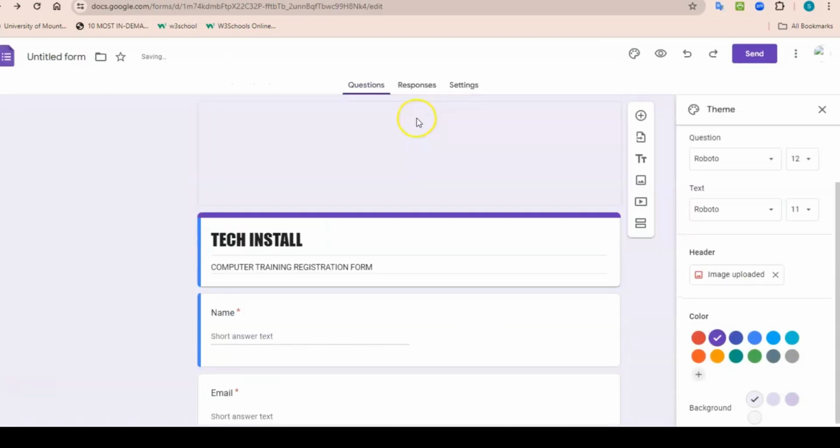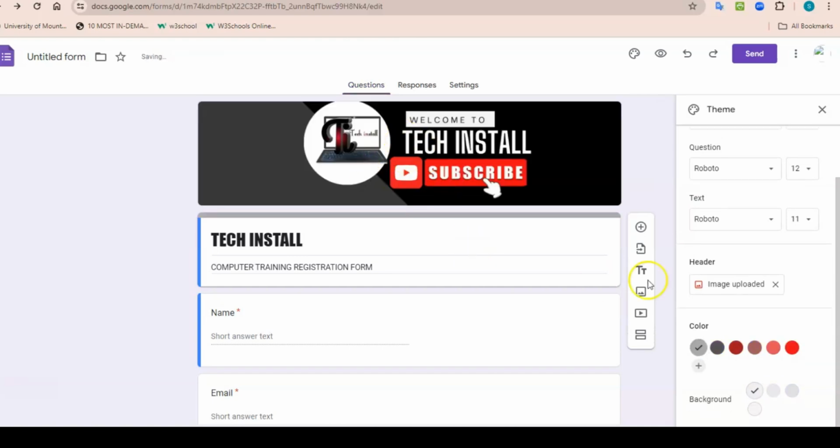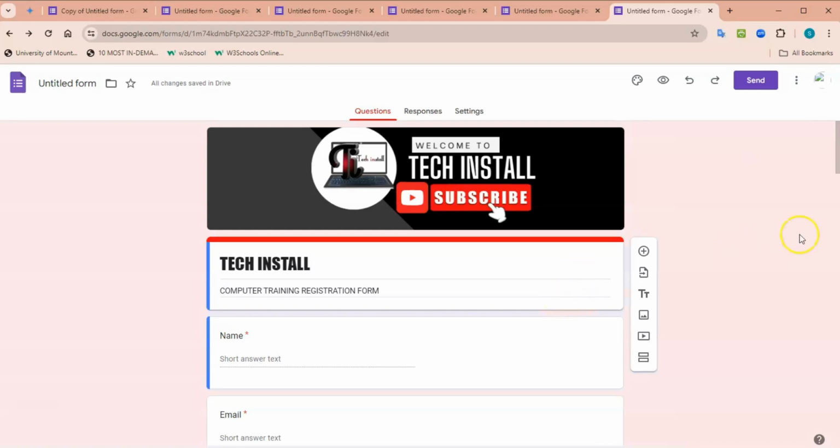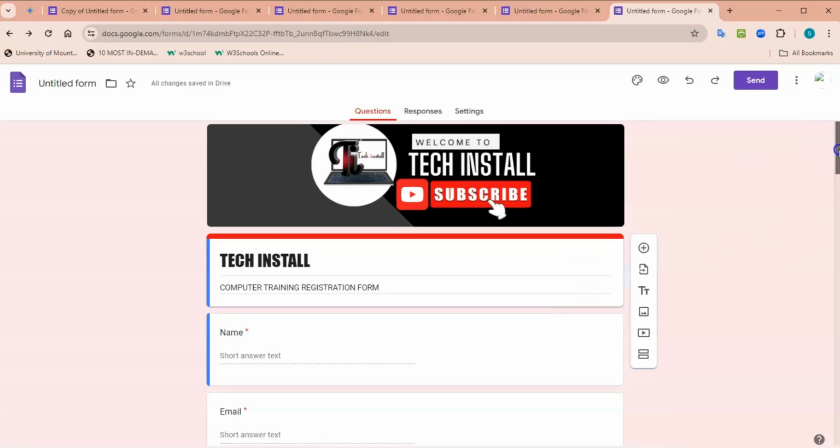Then it appears here. Then I can decide to change this color. Let me use this red to blend with this one. Then you can choose any color, but I'm using this color because it blends with my YouTube. I can use this also. I think this one is better because of this red here. Then close this place. Then when I'm done,